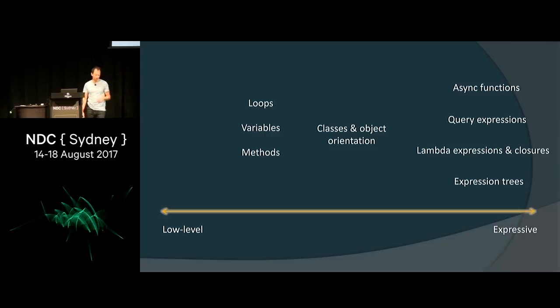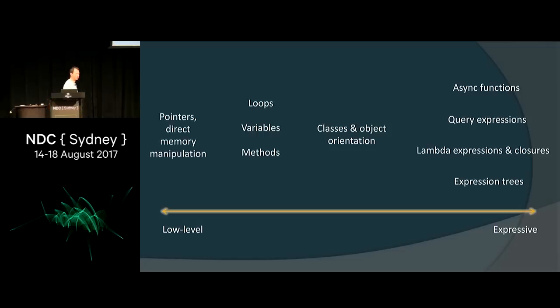Now, most people, I would say, use some of that. They're somewhat comfortable with that. People who have come from a functional programming background, though, if they go to C#, will straight away start with all that stuff on the right. They'll reluctantly use a little bit of the stuff in the middle, classes, object orientation, and they will really try and avoid loops and mutable variables. Now, this is not the end of the story, though, because C# has also got something right on the edge there,